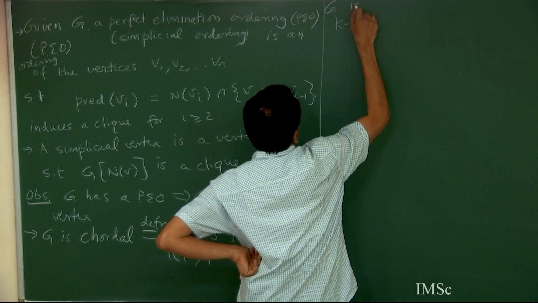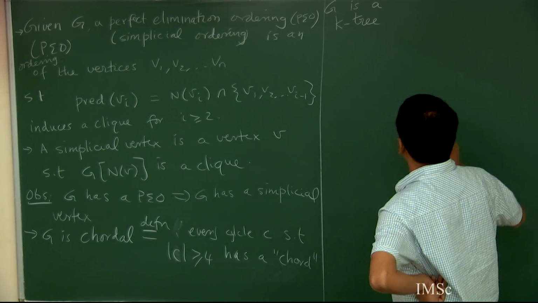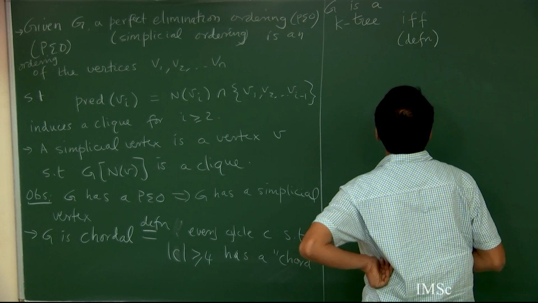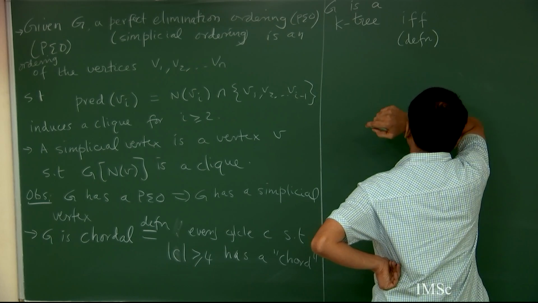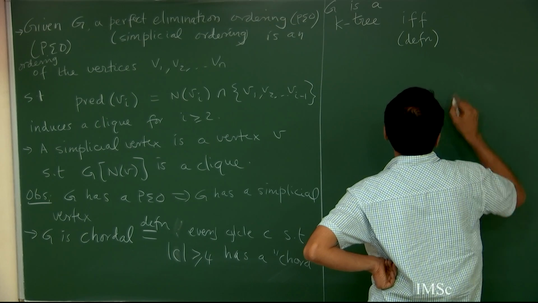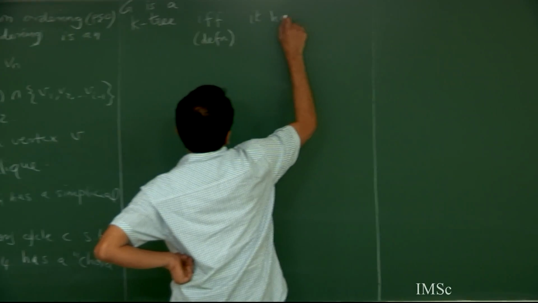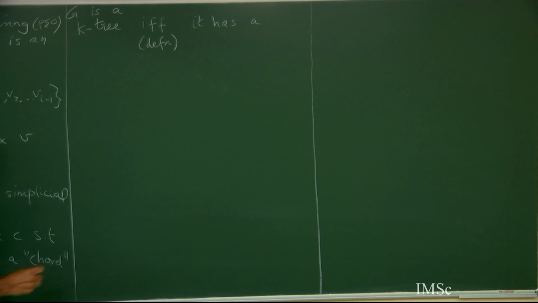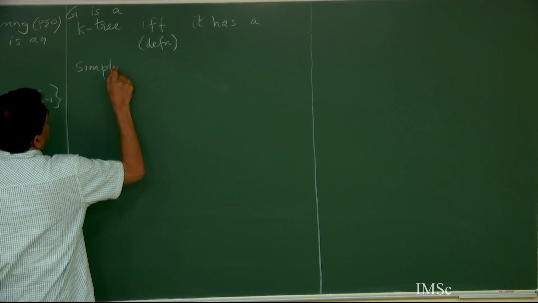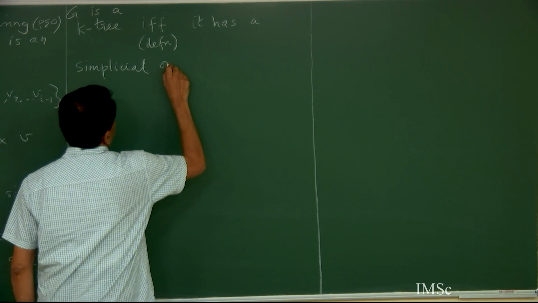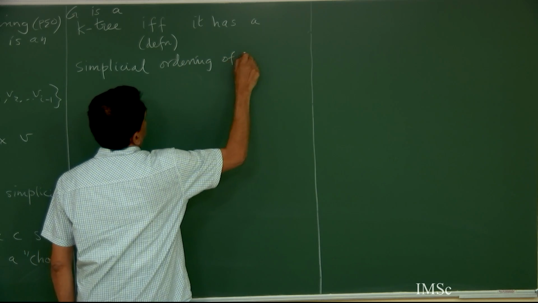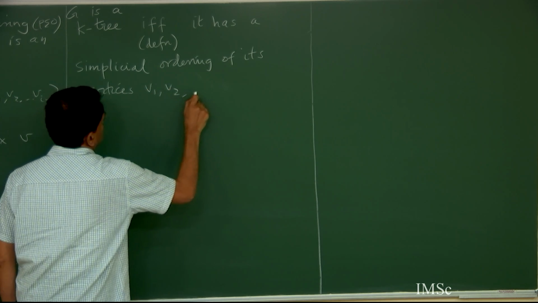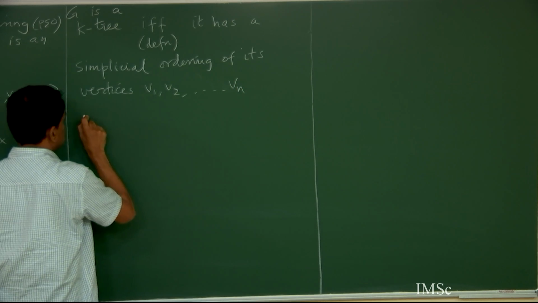G is a k-tree, again a definition, if it has a simplicial ordering of its vertices such that the size of predecessor of Vi is